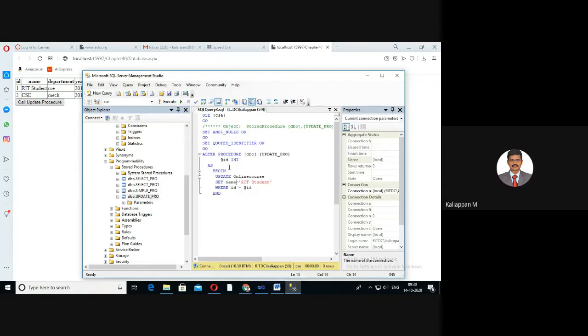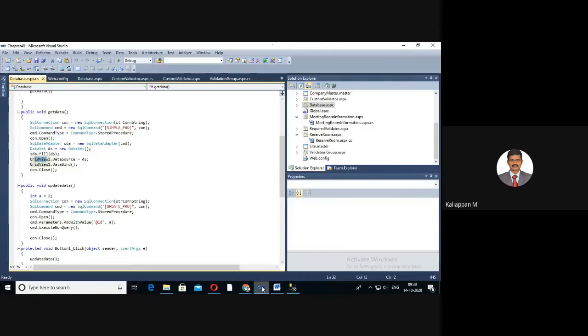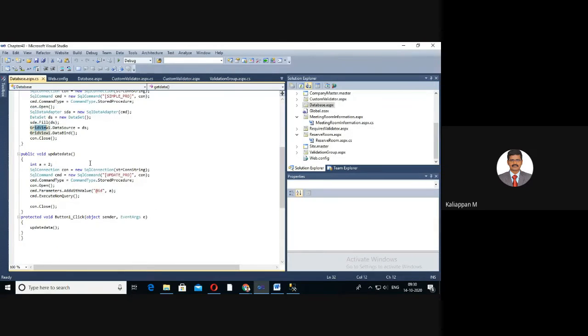How to call this stored procedure for update in a web application? I have to create another method called UpdateData. Here I declare an integer variable equal to 2.